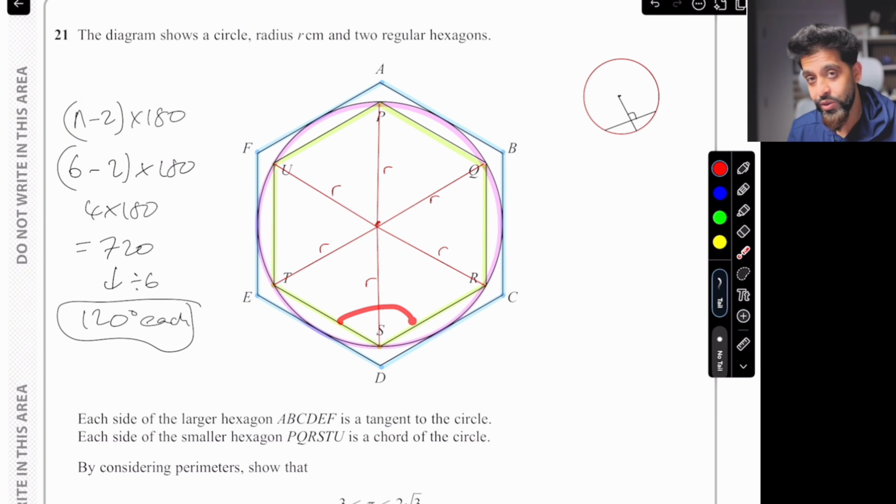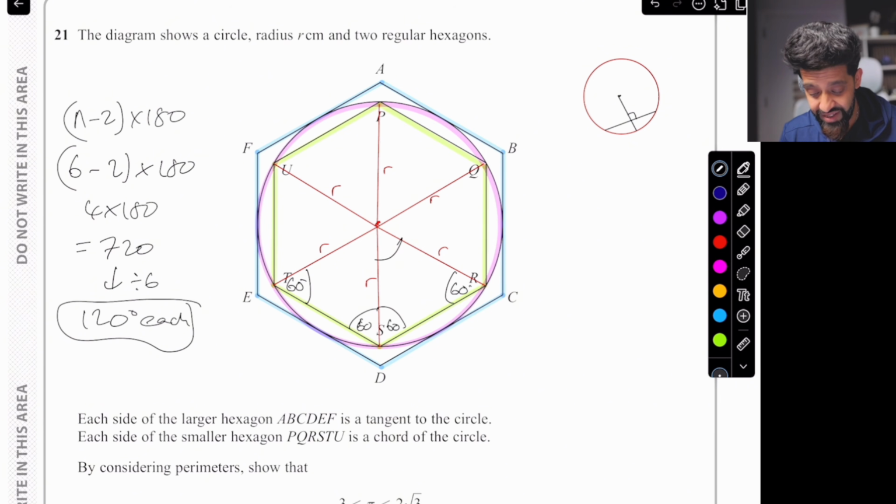And if this angle is 120 and it's splitting exactly in half, remember we said it's definitely an isosceles triangle, all right? So it's going to have to be split in half here. Each one would be 60. And therefore, if that is 60 degrees, and this is supposed to be 60 degrees, and that is supposed to be 60 degrees,